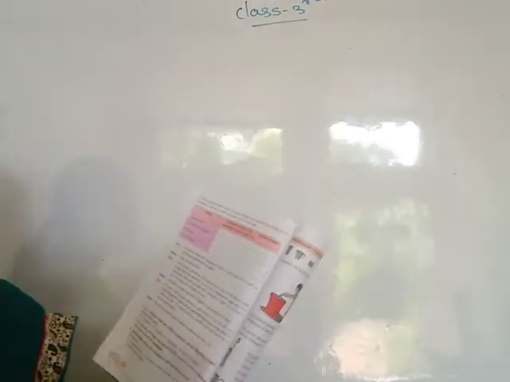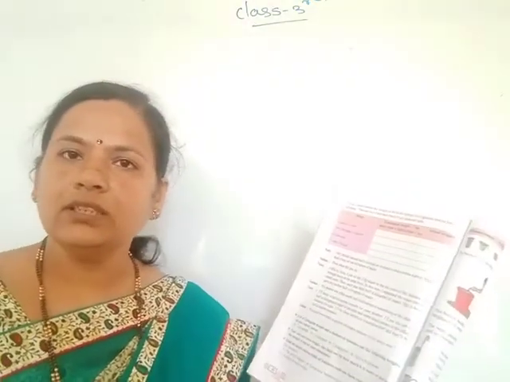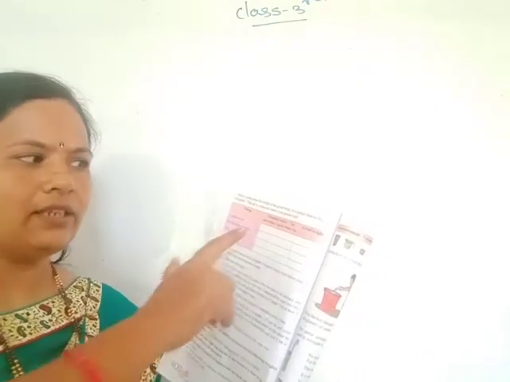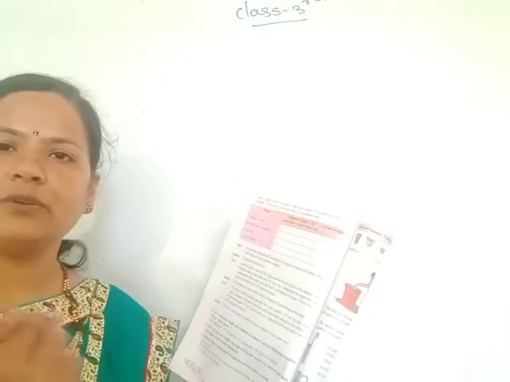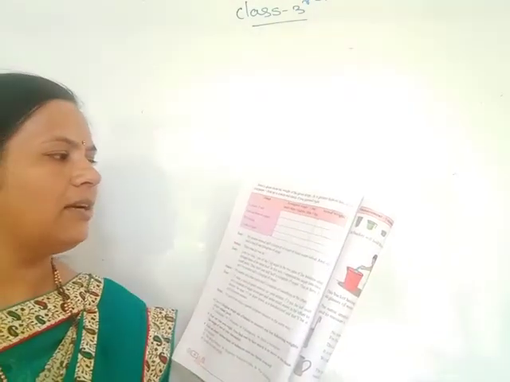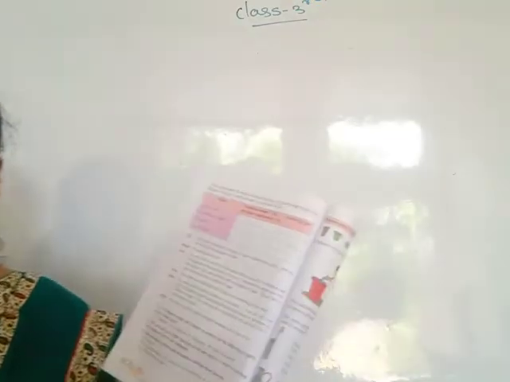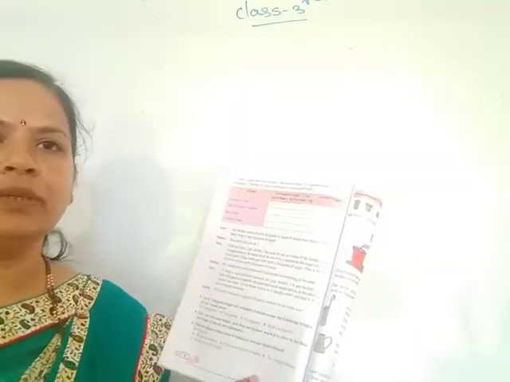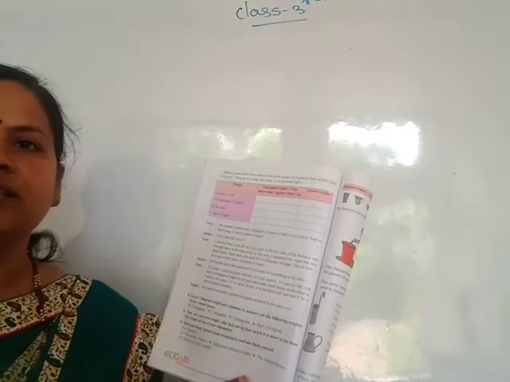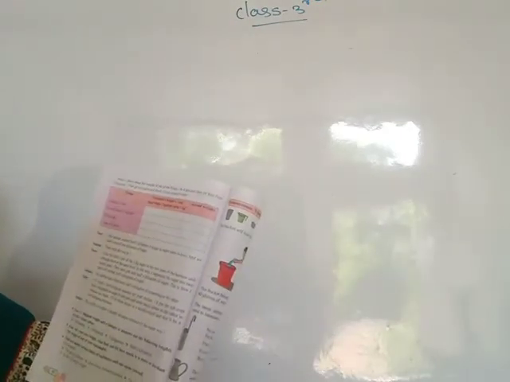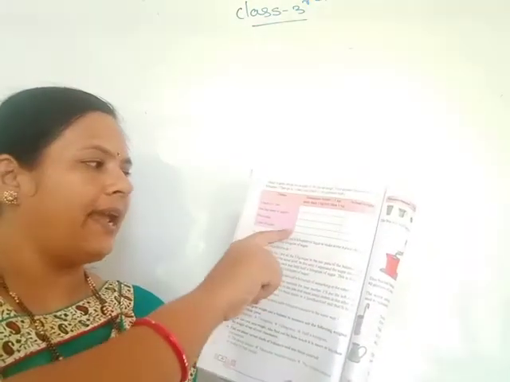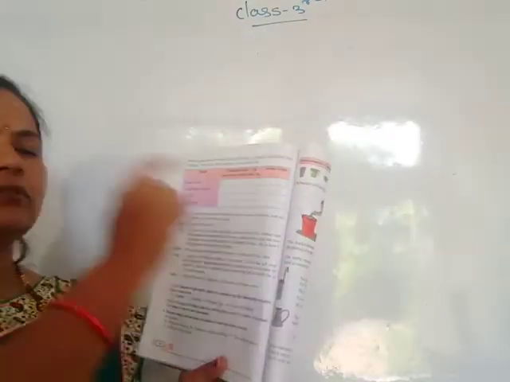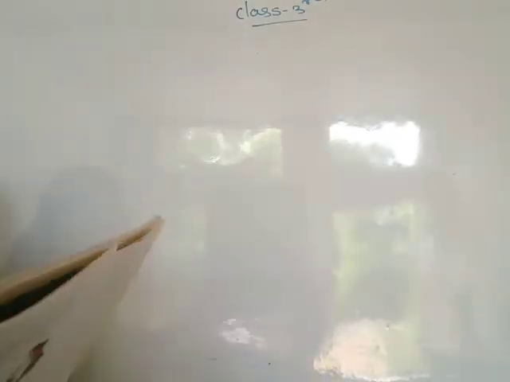A packet of salt. Suppose this packet of salt is 1 kg. You write here 1 kg, and the actual weight you also write. Then one big lump of jaggery. This also is 1 kg. Then 50 biscuits. Suppose you write the weight of these 50 biscuits as 250 gram, not kg. Then 5 cups of sugar. This also you write as 250 gram.